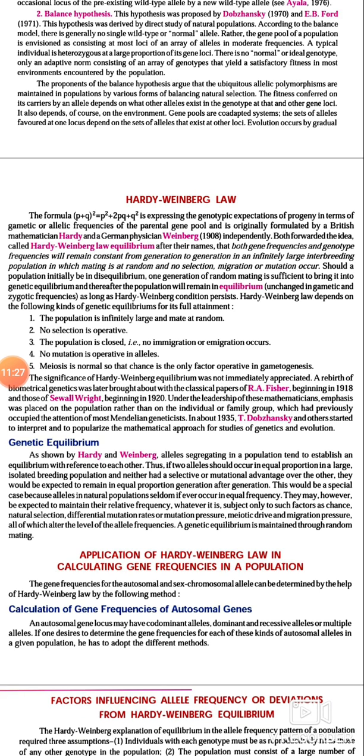Genetic equilibrium. Hardy and Weinberg showed that alleles segregating in a population tend to establish an equilibrium with reference to each other. Thus, if two alleles should occur in equal proportion in a large isolated breeding population and neither had a selective or mutational advantage over the other, they would be expected to remain in equal proportion generation after generation. This would be a special case because alleles in natural populations seldom, if ever, occur in equal frequencies. They may, however, be expected to maintain their relative frequency, whatever it is, subject only to such factors as chance, natural selection,